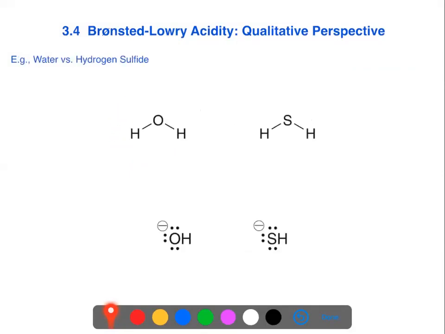Now let's look at another example where we compare water with hydrogen sulfide. And so the conjugate base of each of these two species is shown below. We have the hydroxide ion and the hydrosulfide ion. So when we compare the relative stability of these two conjugate bases,